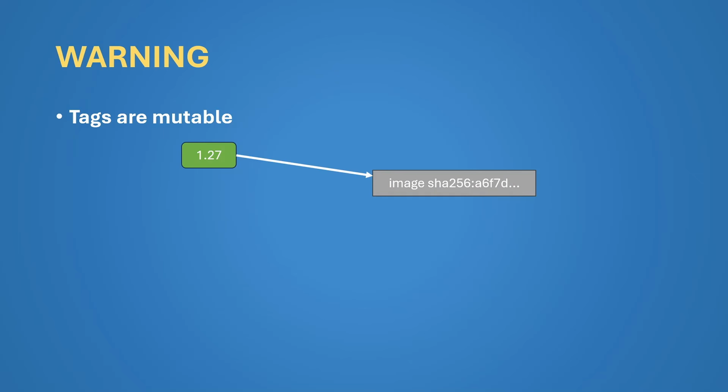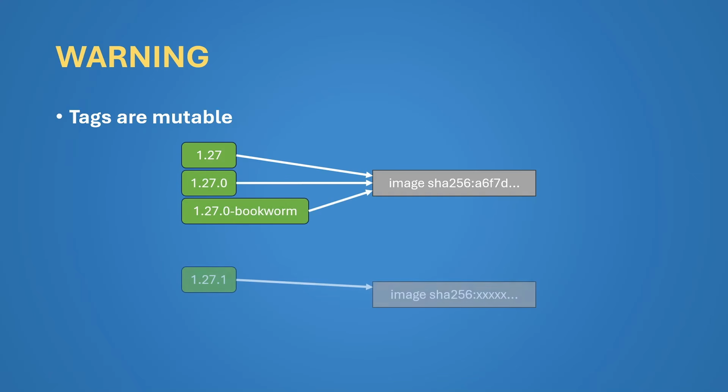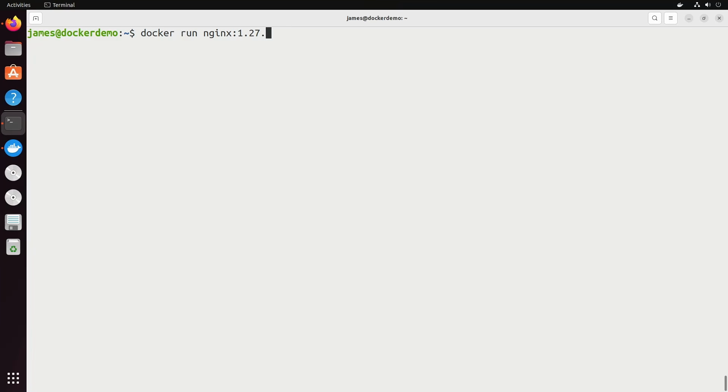But be warned, Docker tags are like symbolic links. nginx:1.27 points to some image. Currently, it's an image running Debian Bookworm with NGINX 1.27.0. But when NGINX 1.27.1 gets released, they'll most likely update the 1.27 tag to point to a new image that's running NGINX 1.27.1. To mitigate that risk, you can use a more specific tag like nginx:1.27.0-bookworm that's very unlikely to be updated to a new image, or you can pin the image using its digest,